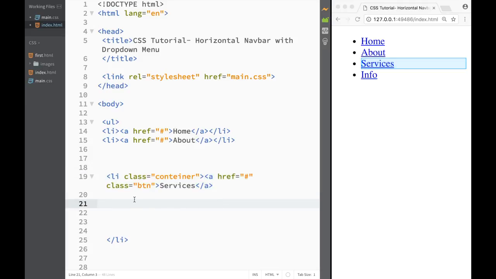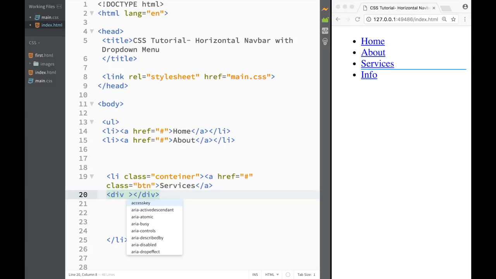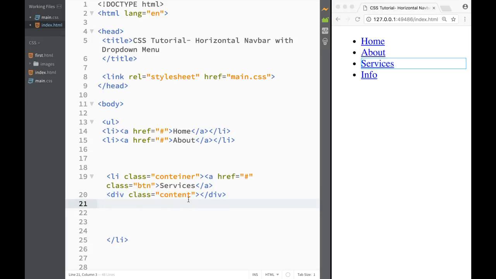And within this button, I'm just going to create a div, and this div is going to include a couple of links, and it's going to have a class of content, right? So I'm just going to write over here class, and this is content over here, content, and you can see that I'm struggling with my T. So this is going to be content, and within that div, we're just going to place a couple of anchor